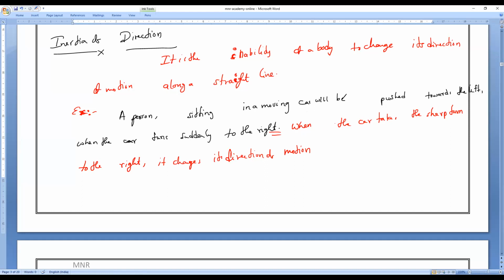Direction of motion, but the person tends to move in the